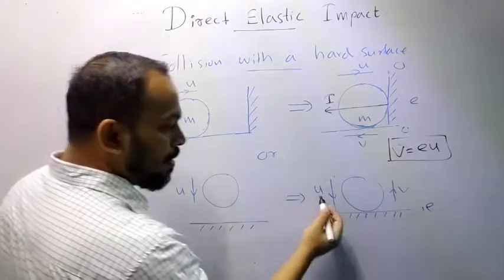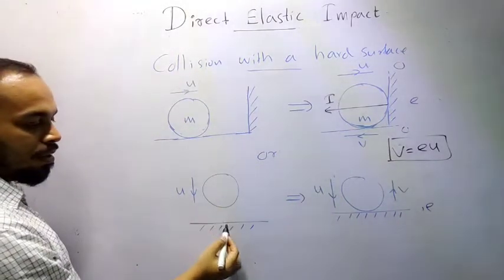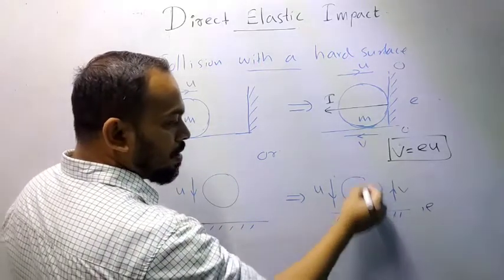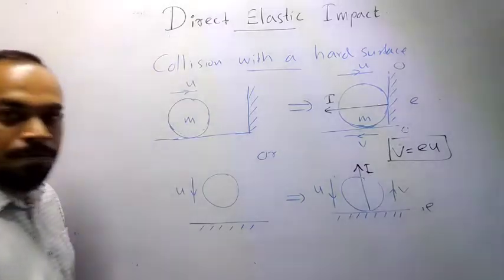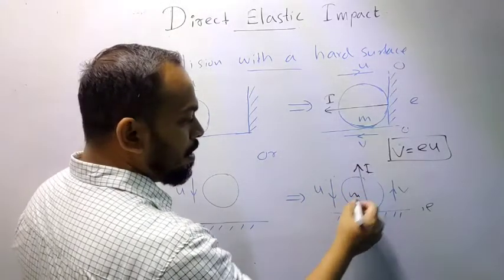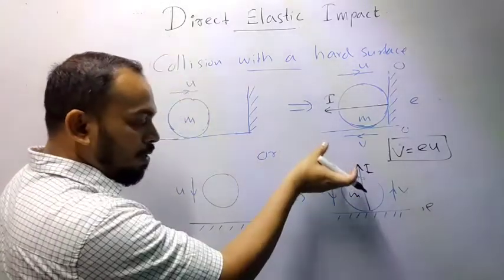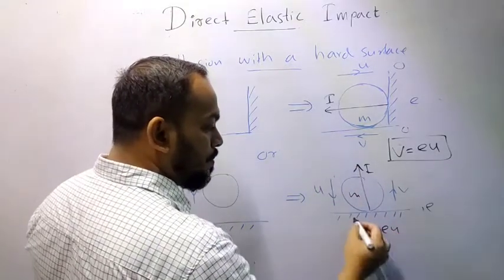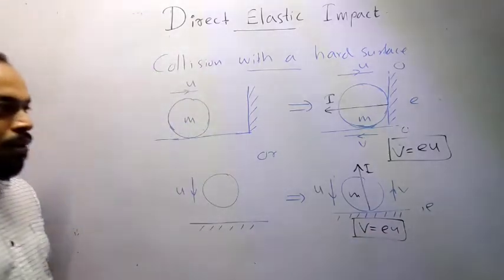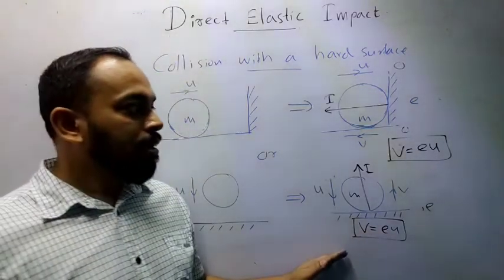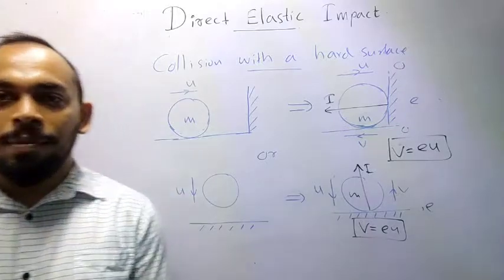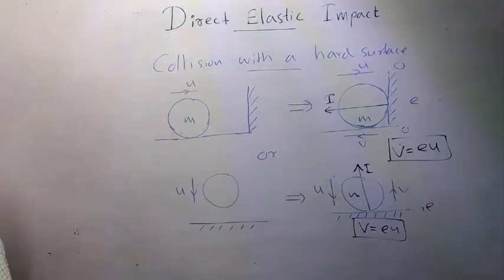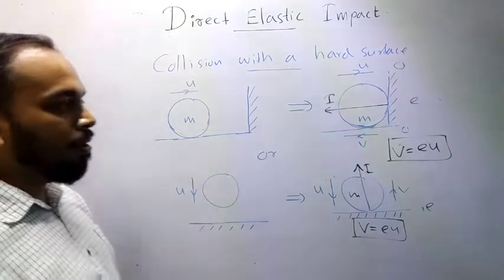Here too, this is our initial velocity. You can see it falls under gravity, and after the collision there will be an impulse like this. This impulse is able to change the momentum, taking the momentum to the other side. So here v equals eu. This is very easy. There is nothing difficult to calculate here. But this can be coupled with other questions, like a three collisions problem where only